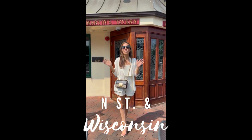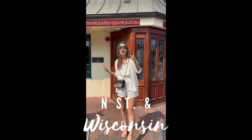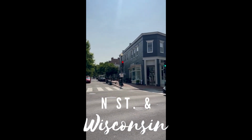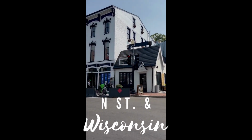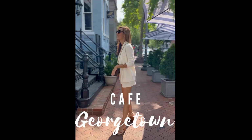Now we're at the corner of N Street and Wisconsin, right in front of Martin's, which is a Georgetown mainstay. Right behind you, you can see Georgetown Cafe, which is one of the cutest cafes around, but you're surrounded by them. Here's Foxtrot over here, and then if you look right up here, there's Pressed on the corner, and right up that way is where they host the Georgetown French Market, which